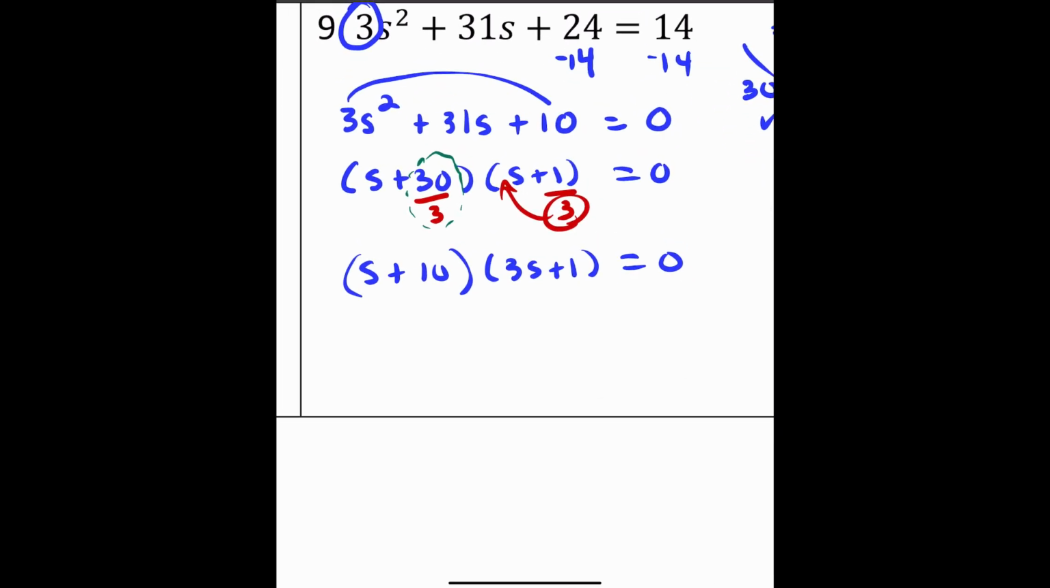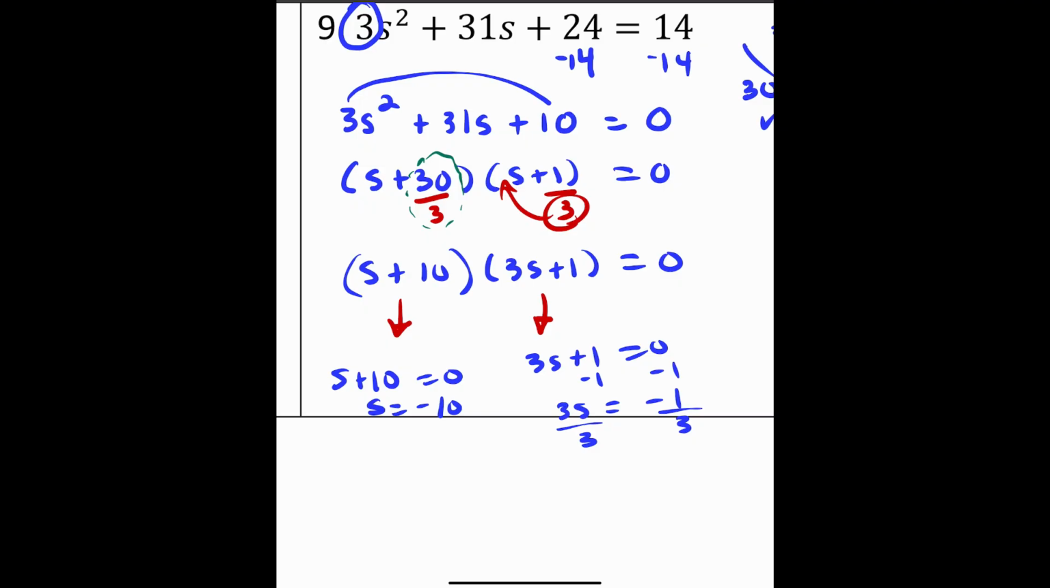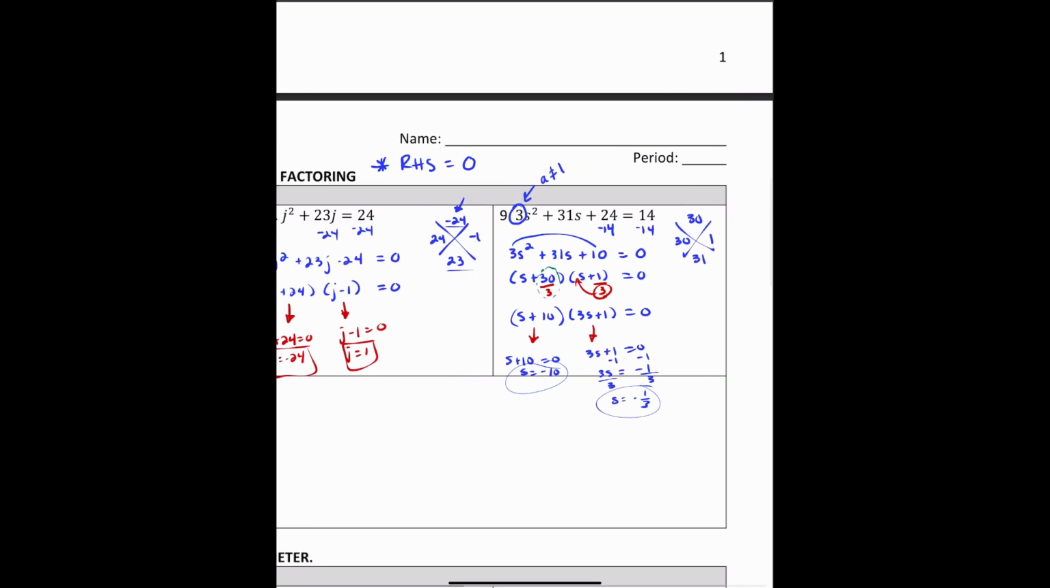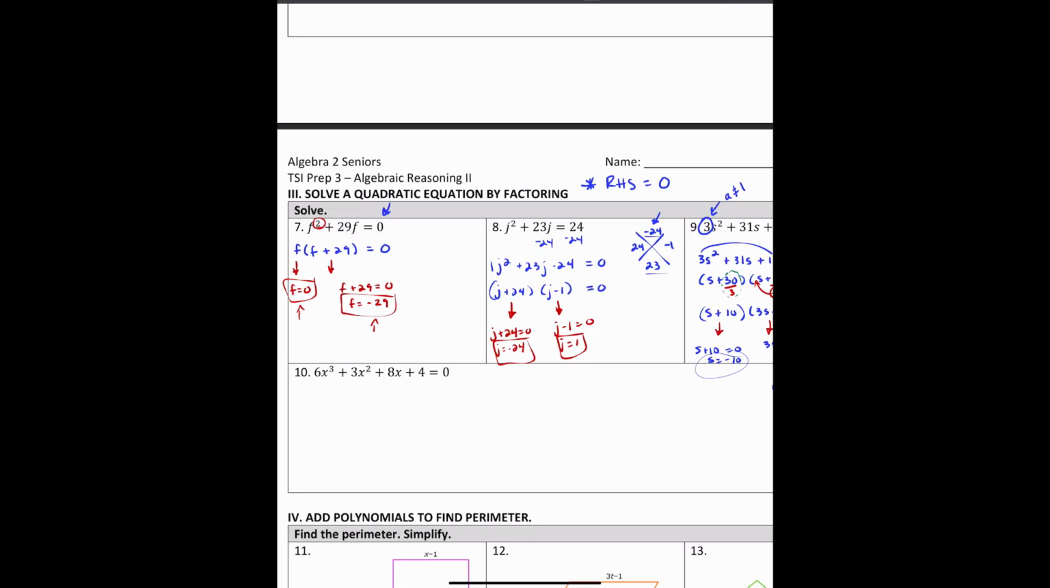So now we're going to take these two guys and set them equal to 0. So s plus 10 is equal to 0, so we know that that's negative 10. And then here, this is going to be 3s plus 1 is equal to 0. We'll subtract both sides by 1, so 3s is equal to negative 1. And then we're going to divide both sides by 3, and you're left with negative 1/3. All right, so for number 10,